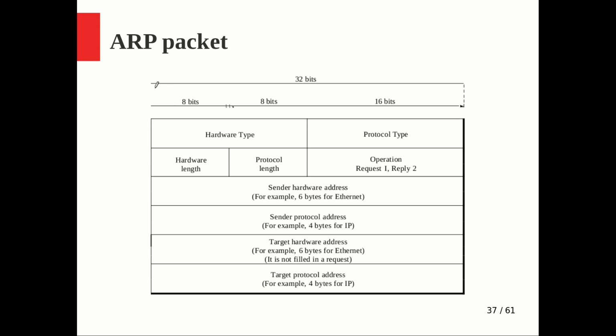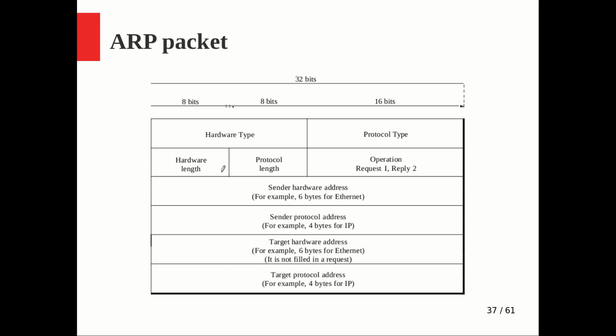So this is how it looks like. The width is 32 bits, which is divided into 4 parts of 8 bits, right? First you can see the hardware type, which is a 16-bit field. As you know, it will have different values depending on the type of hardware, particularly the data link layer standard you are using. For example, Ethernet will have a number, and if it is something other than Ethernet, accordingly a different one. Similarly, protocol type means the network layer protocol, depending on the type of network layer you are using. If it is IP, accordingly it will be given a particular type for IPv4, v6 like that.